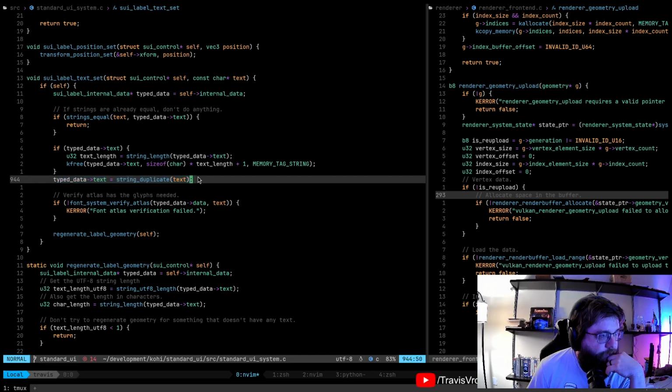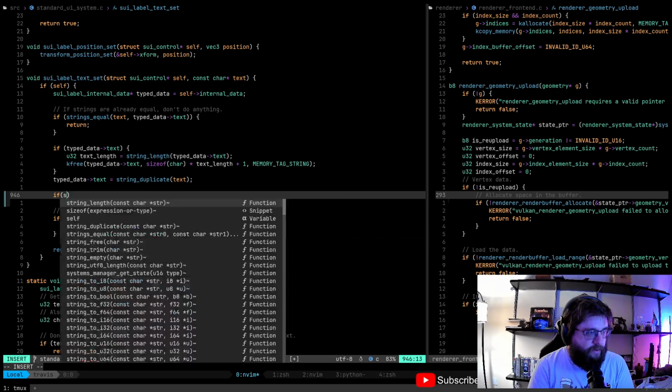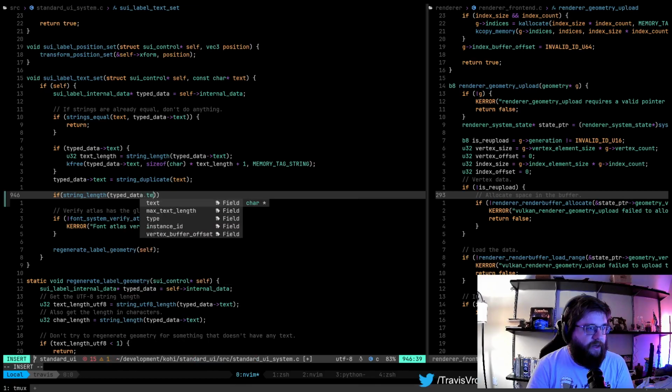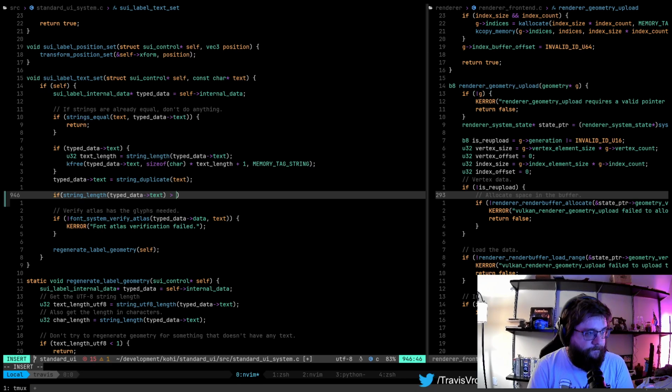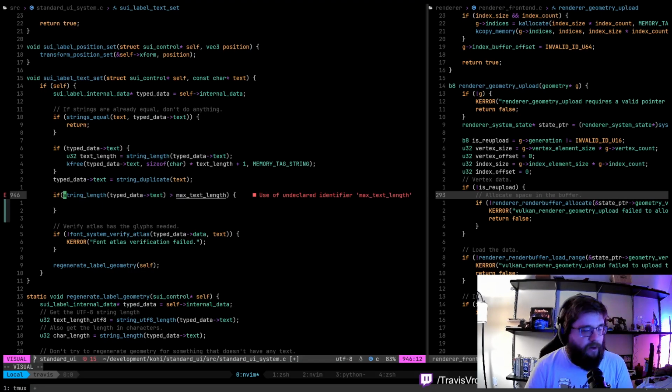And I think at this point, it's probably prudent to say if string length type data text is greater than our max text length. You know what, we're going to need to hold on to this value.